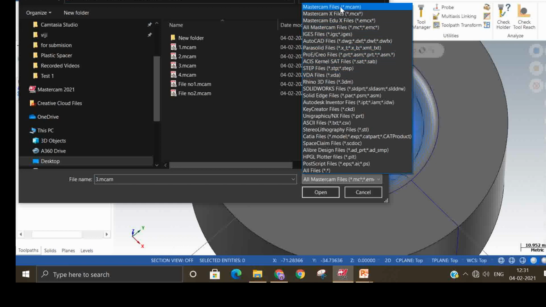All these files: all old Mastercam files, IGS file, AutoCAD file, Parasolid file, ProE file, ASCII file, STEP file. All this data you can bring inside Mastercam.